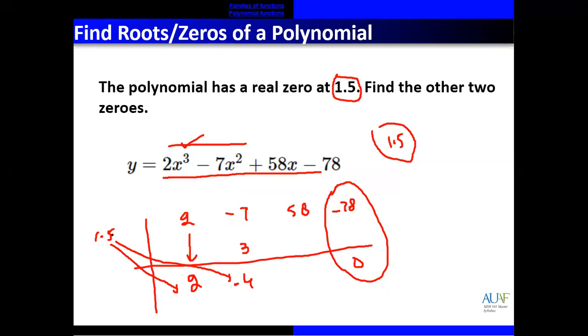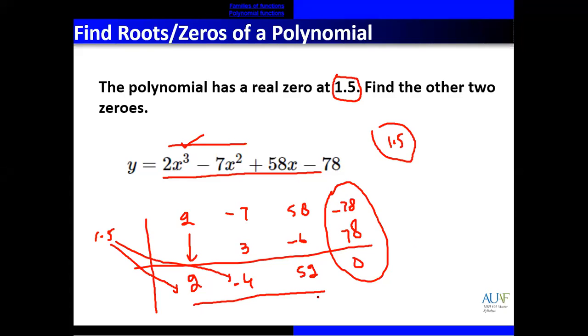Okay. So when you multiply 1.4 with minus 4, this will be minus 6. So 58 minus 6, I think 52. When you multiply 1.5 with 52, the result is 78. Now it's 30. So now we are left with three numbers. You can see these three numbers.